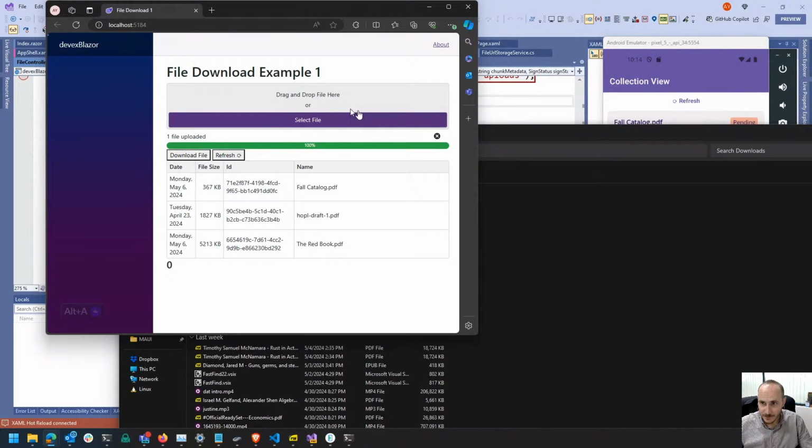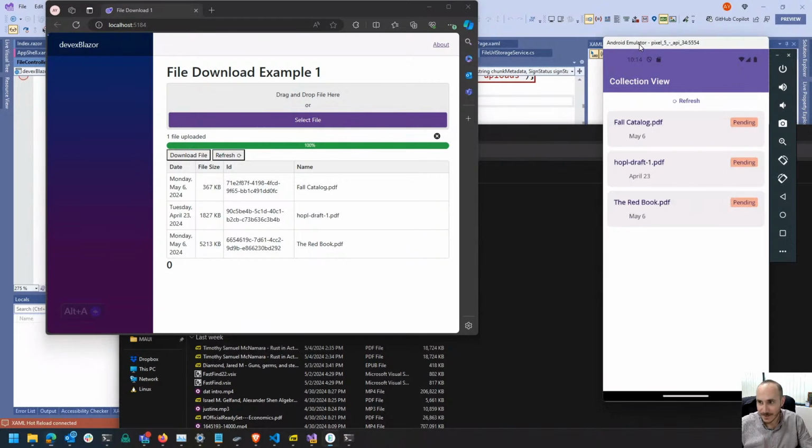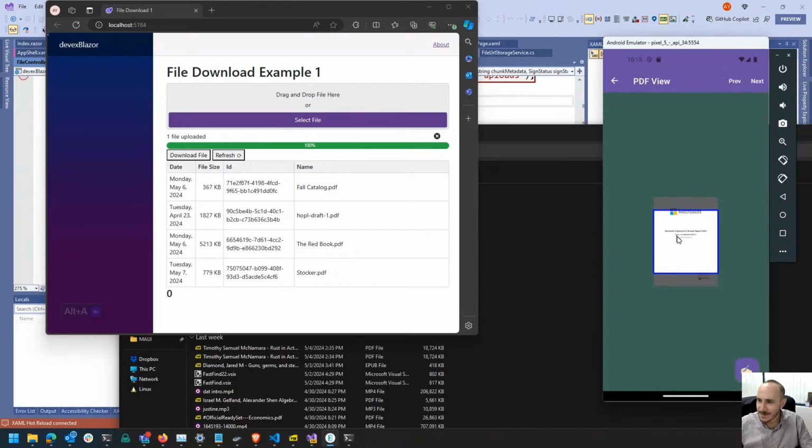But I uploaded this file. This was the upload control working in Blazor. That's how we'll get a new row here. So I'll refresh and you'll see that we'll have not three rows, but four. So we'll have this extra file called Stalker. And if I refresh in my Maui client, I also get this file, called Stalker, and I can sign